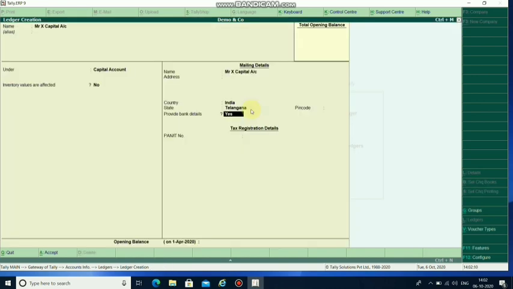Escape to get back to the normal screen, and then hit enter to proceed with the further steps. Now here I have to mention the PAN or IT number. After typing it, hit enter until it accepts. Opening balance: if you have any opening balance, you can mention it, or else you can leave it. Until it reaches yes, you have to hit enter. Once you hit enter again, it will get saved like this.